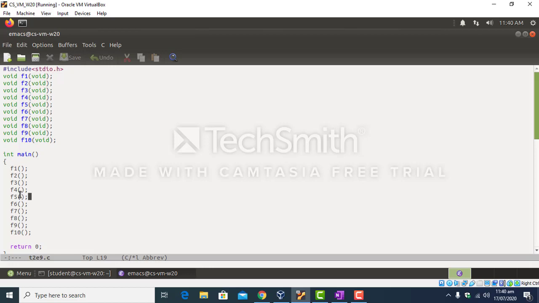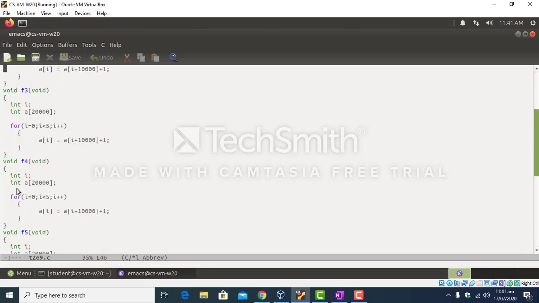Now next time, you have to run the debugging process again, place the breakpoint, run the program, and use the next command to quickly navigate through f1, f2 and f3. Once the computer reaches f4, instead of using the next command you have to use the step command, and by doing so the computer will allow you to enter the function f4, and now you can debug the code present in f4 line by line by using the step command.